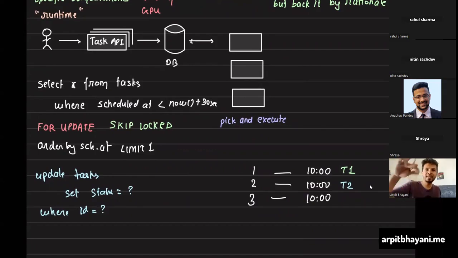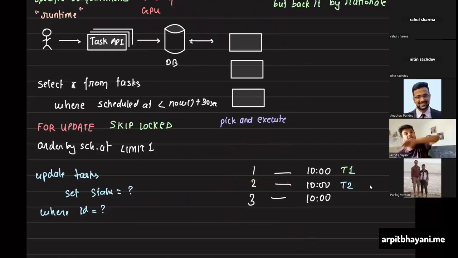Okay, let me give the solution to this. Why are we doing it a certain way? Because we still have a lot of things to cover, still very granular discussion and very granular decisions that we need to make. One reason why this needs to be separated out into picking and executing is that if each machine is not only picking but also executing, the problem is if there are 1 million tasks scheduled at this exact same time to be executed, imagine the number of machines you would require. Those many machines would be firing queries onto this database to get things done. So many connections you would require.